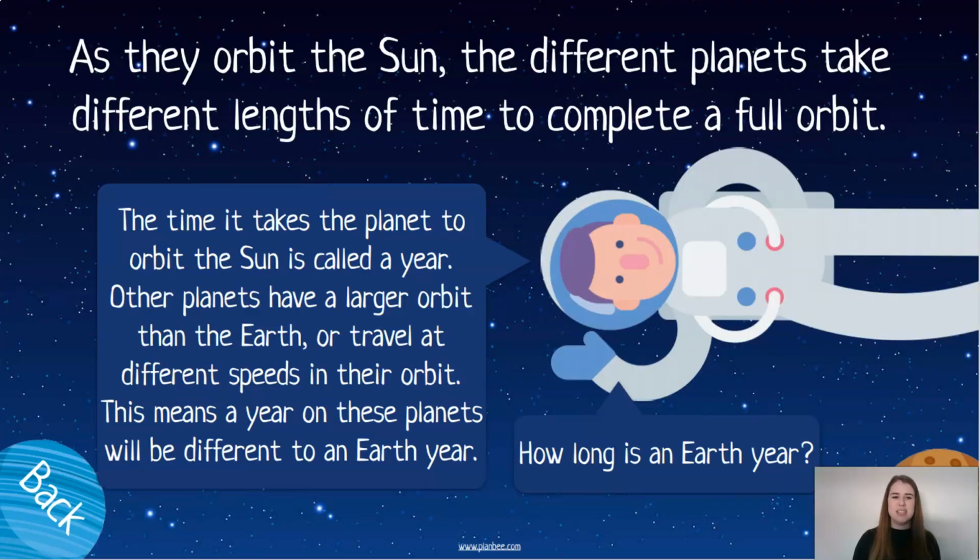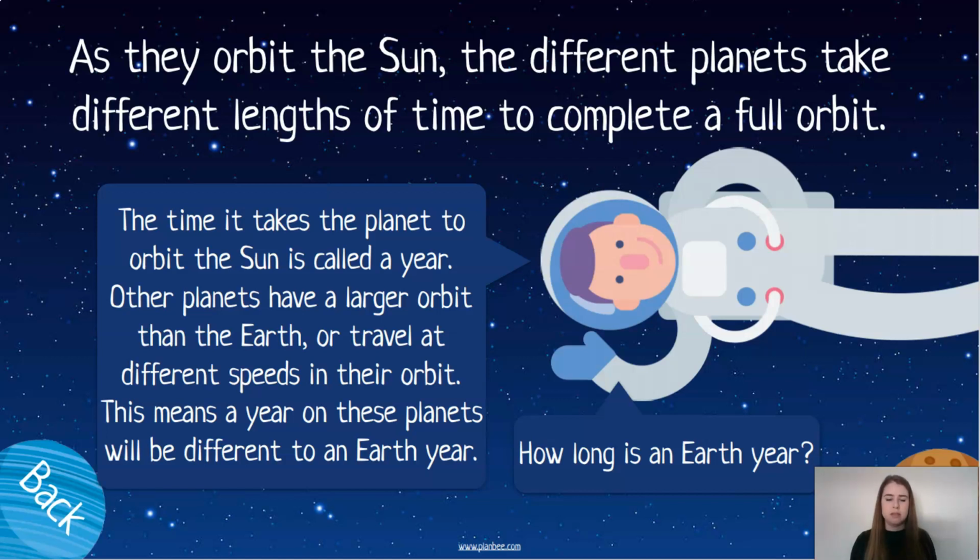Okay, so as these planets orbit the sun, the different planets take different lengths of time to complete. The time it takes a planet to orbit the sun is called a year. Now, other planets have a larger orbit than Earth does. So obviously for us it takes a year, 365 days and a quarter, to get all the way around. But there are planets in our solar system that are a lot bigger, which means that they travel a further distance or potentially travel at a different speed. So this means that a year on our planet is going to be